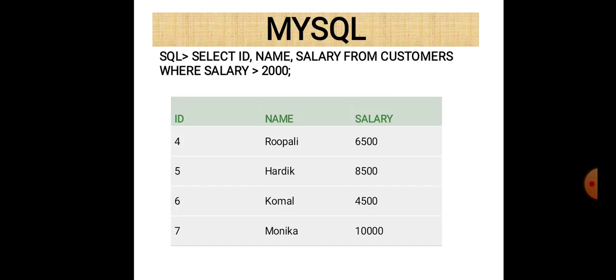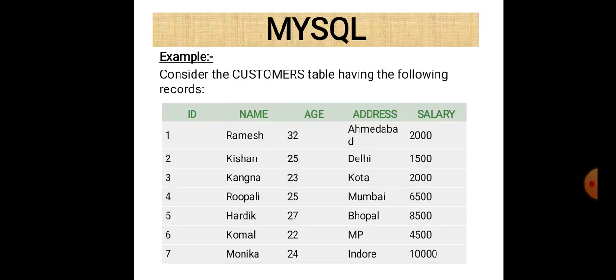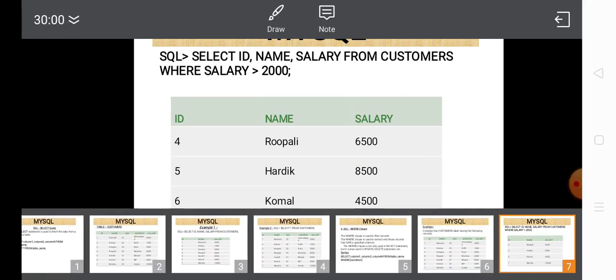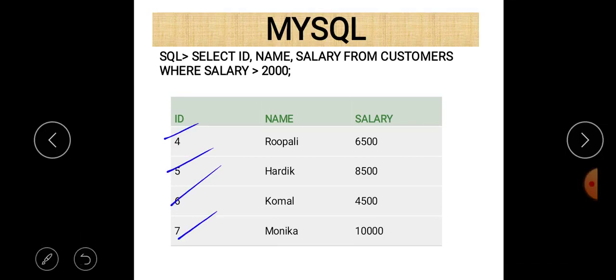If you want to select a particular column or a group of columns, then name those columns after select, and if you want to select all columns, then you can use star. So here I want to show only 3 columns: id, name, and salary, so I just write id, name, and salary. Then keyword from, after that table name is customers, after that where, and then salary is greater than 2000. So that is a condition. So that condition applied, and after that condition there are only 4 records that are shown on screen, and that is the output.